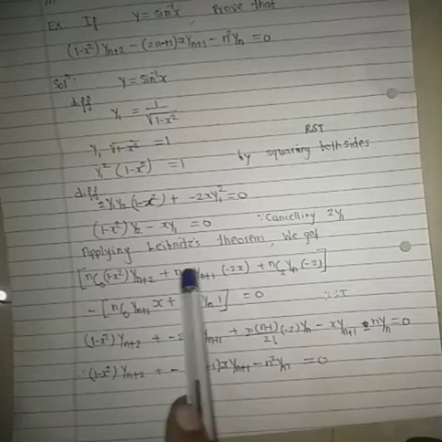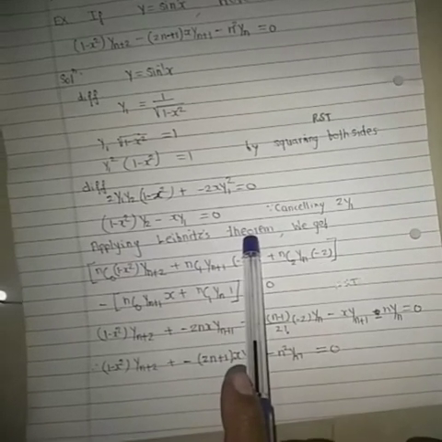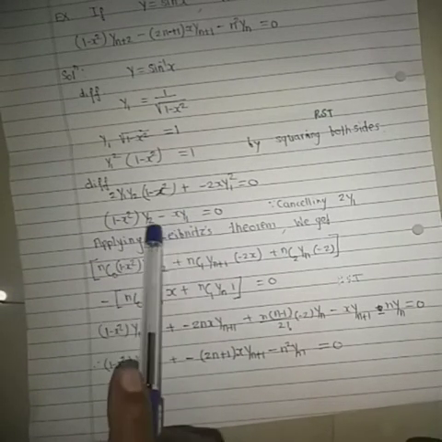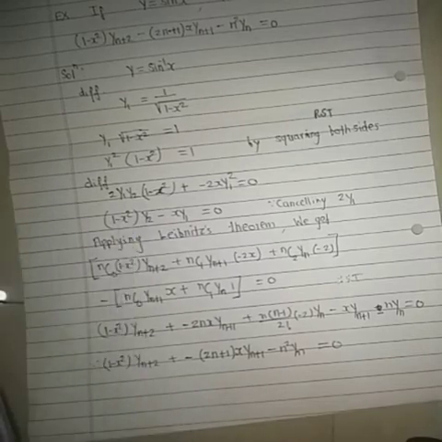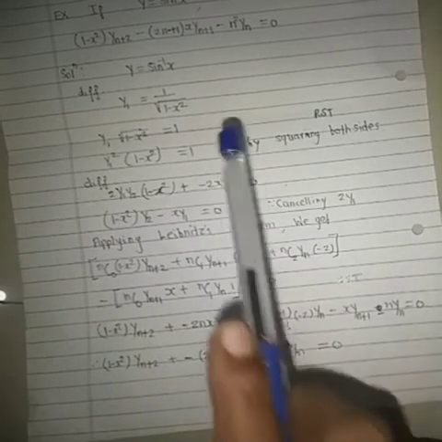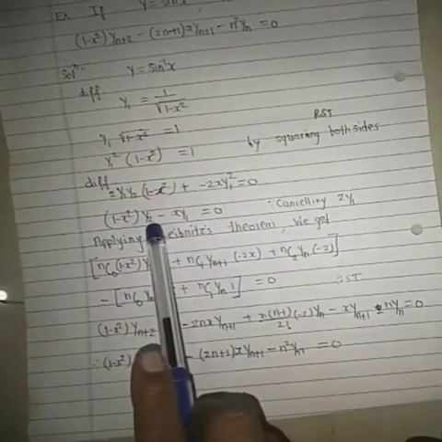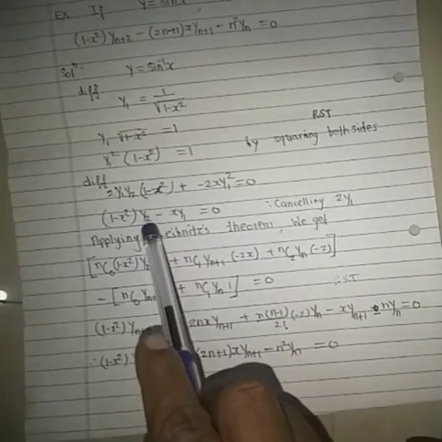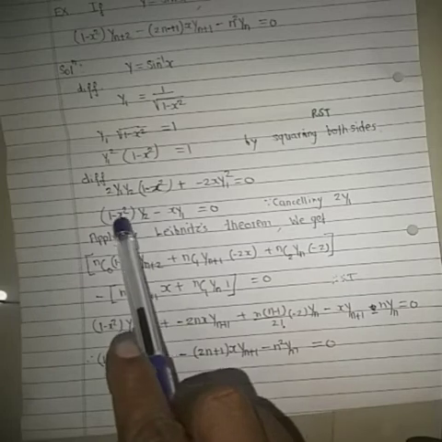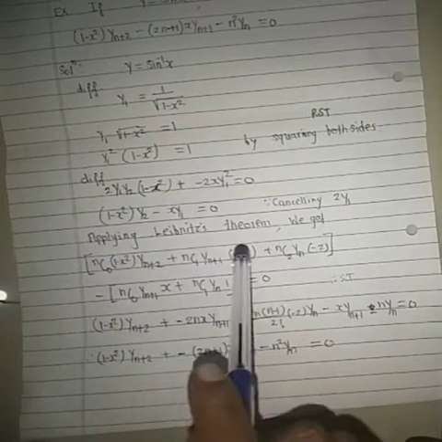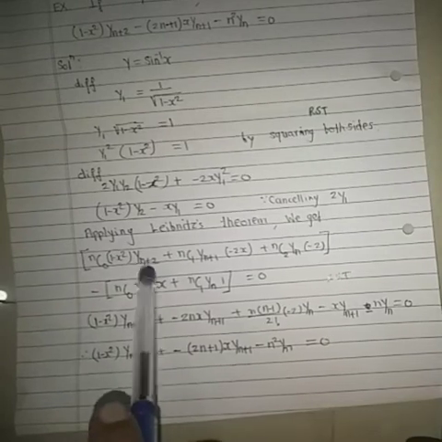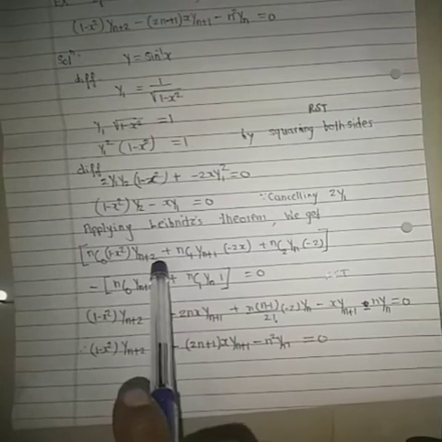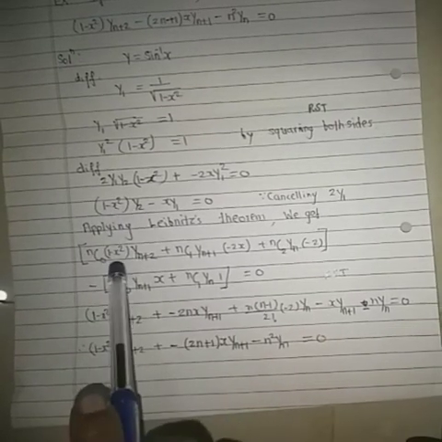Now we use Leibniz theorem to find the nth derivative of this function. nC0 u_n v, take u as y_2 and v as 1 minus x squared. Since in the result we have to find y_(n+2), here 2 is there. After taking the nth derivative we will get y_(n+2), so we have assumed u as y_2 and v as 1 minus x squared. Using Leibniz theorem we get nC0 u_n v, that is the nth derivative of y_2, which is y_(n+2), times v, 1 minus x squared as it is, plus nC1